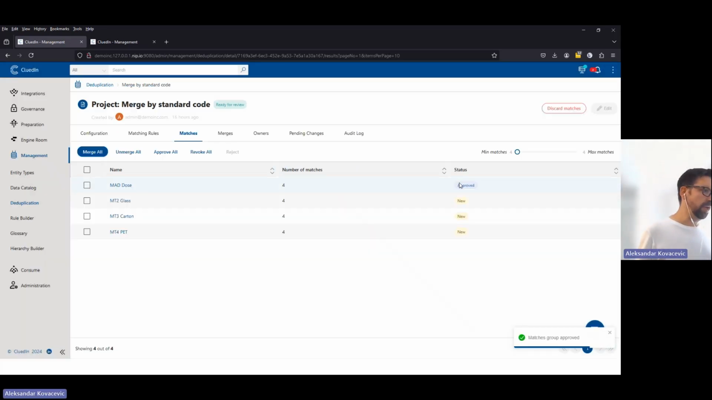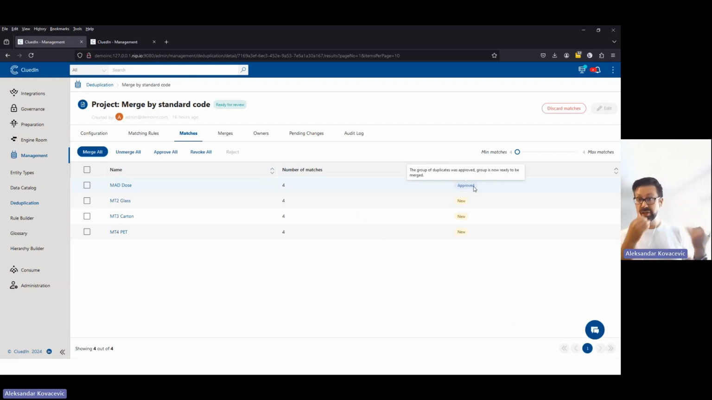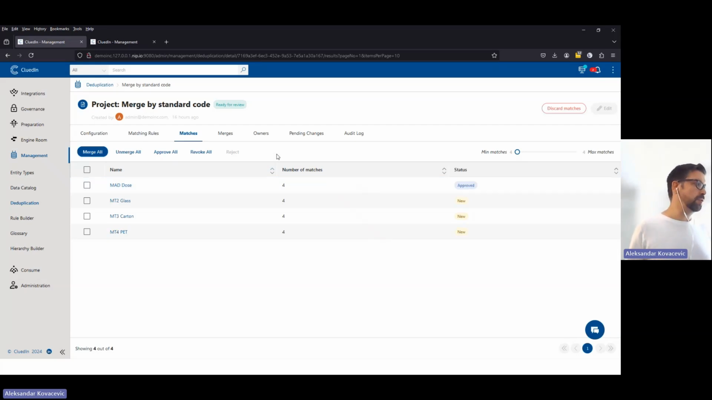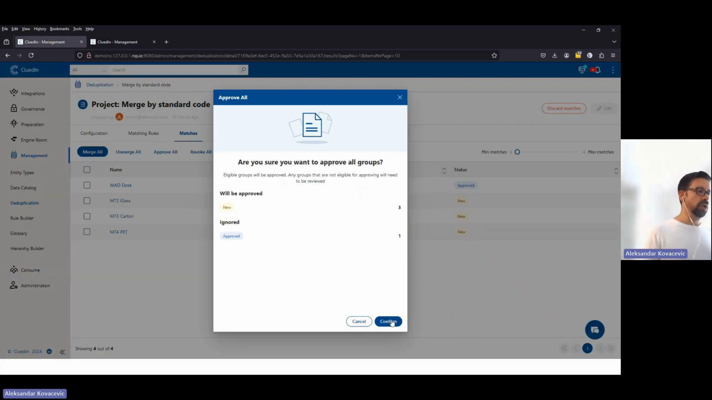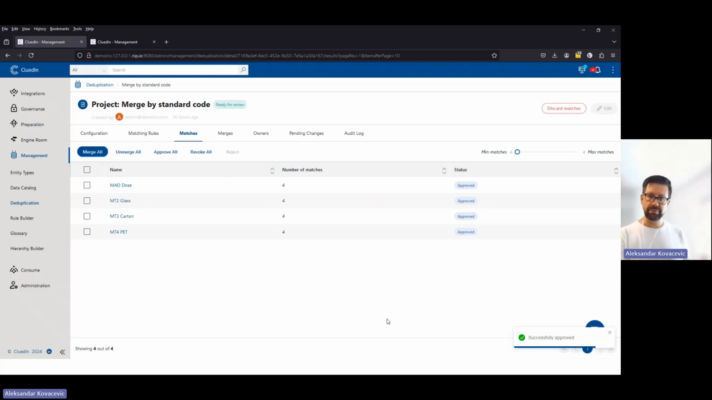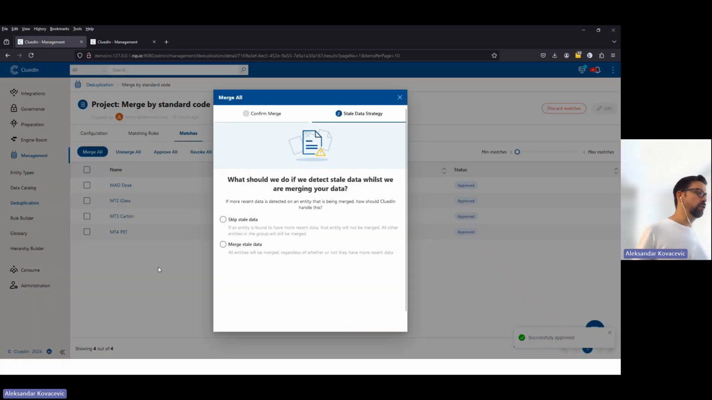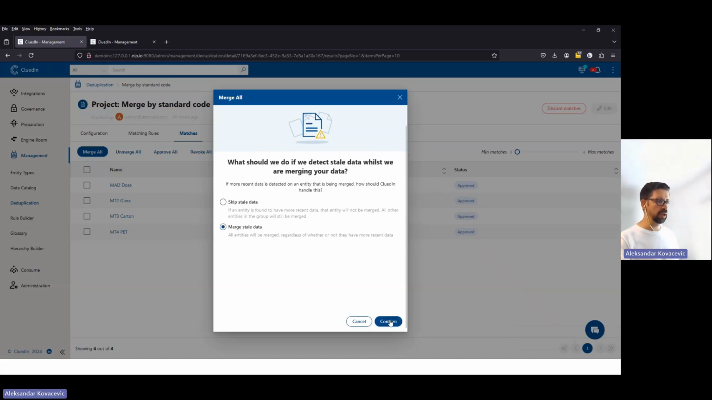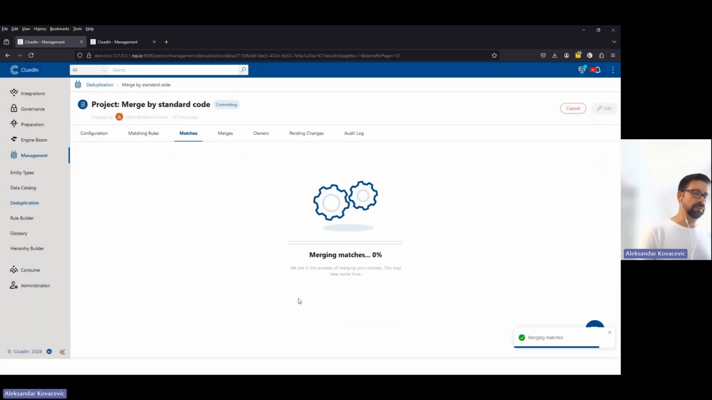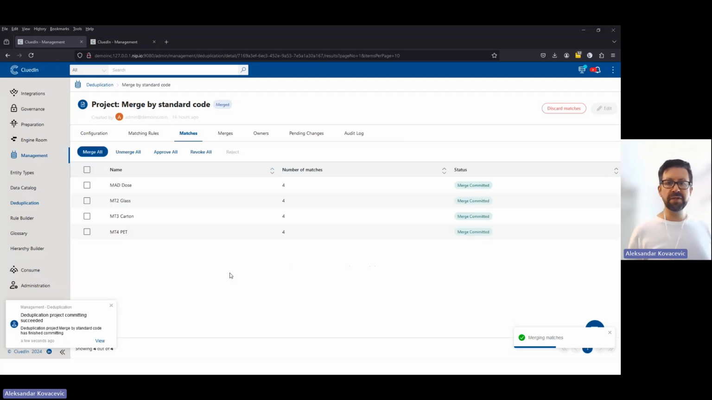So now that we have this one approved, this approval process is just for showing you that this could be done. But because we are so certain, so sure of all these values, we can also just simply approve all automatically. All of these things can be automated. And we can merge all of these records as well. At the moment we merge these records, there will be a couple of very amazing things happening. First things first